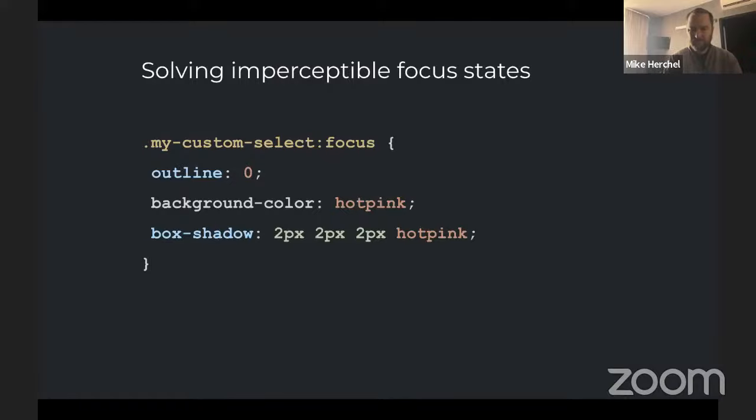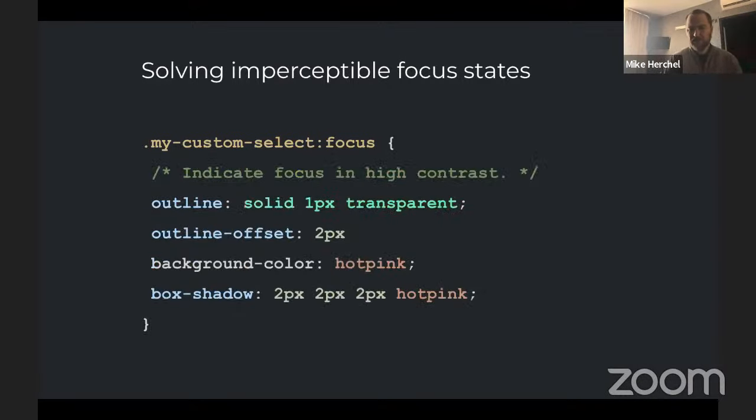Imperceptible focus states are basically the same thing. You can see in this code right here, we're using box-shadow as a focus state, and box-shadow once again gets removed, as does the background color. So in this particular case, we're going to add an outline and an outline offset, and we're going to add that comment in there, and everybody's going to be happy. It's going to work in forced colors mode, and it's also going to have the same exact focus state if you're not using forced colors mode, because the outline is transparent. So this is a really great best practice and a way to do things to make it work everywhere.